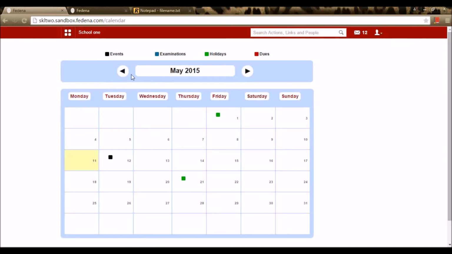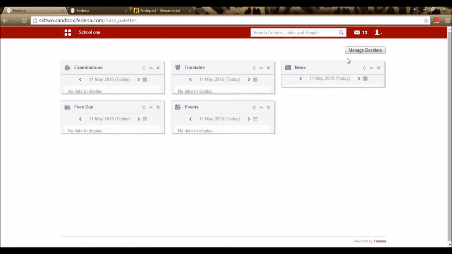I'm selecting the calendar. Here I can see this particular student has a holiday on May 1st, and on 12th there's an event, and on 21st there's a holiday for this particular student. So that's how the calendar looks for the students.